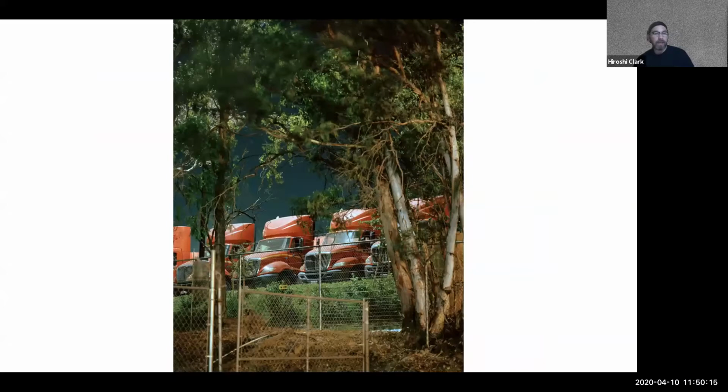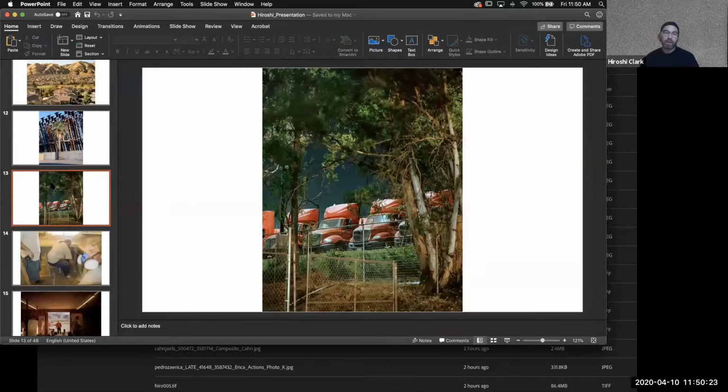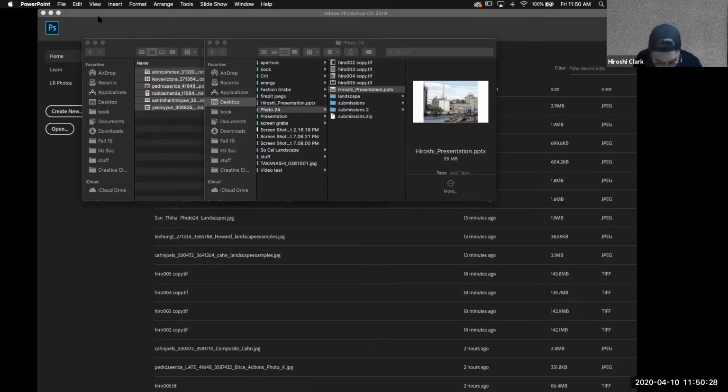Okay, that's it. That's just a series of stuff that I did that I thought would be interesting to share in this discussion about landscape. So for your next assignment, and we're gonna end it off here. What is this? More. Oh yeah, you're welcome. For your next assignment,